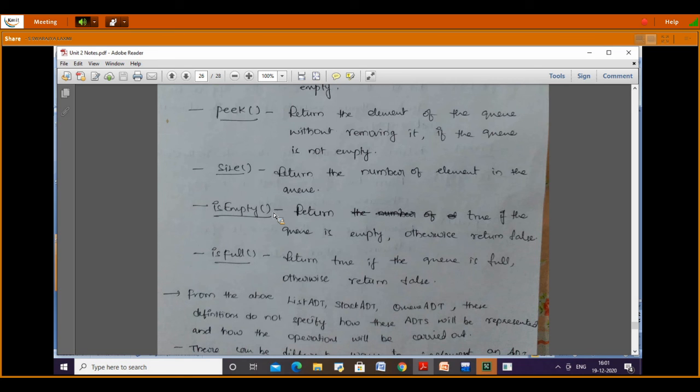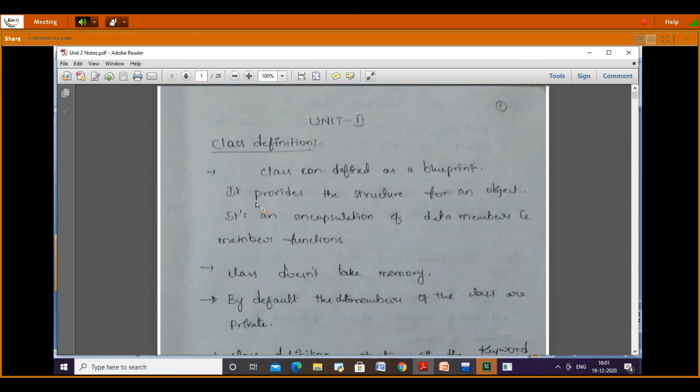For example, the bank balance of an account should not be exposed to everyone. Even the password should not be exposed to everyone. Such things we are going to hide. That is nothing but information hiding.